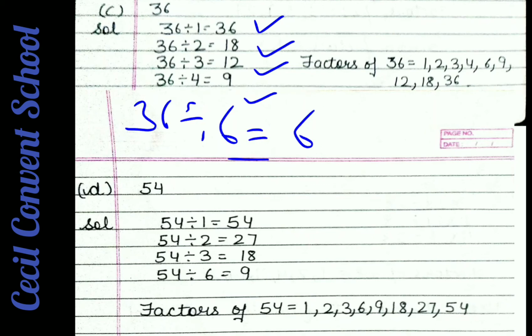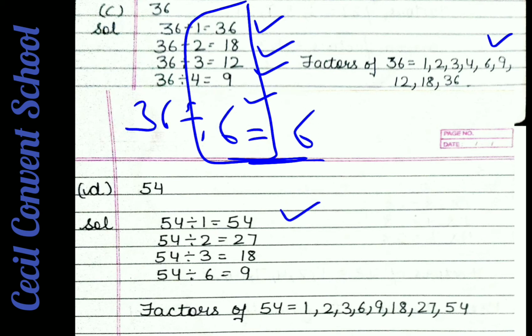Now students, see here 2 6s are coming, but we will write only one 6. Clear? Now after 36 divided by 6, we divide by 7, not possible. Then with 8, not possible. 9, again 36 divided by 9, answer comes 4, means same numbers are repeating, so you stop. So all these numbers are the factors of 36, meaning 1, 2, 3, 4, 6, and so on. I will write all the numbers only one time. We will not write one number two times. Clear? So if 6 is coming 2 times, you will write only one time. Clear, students? Then we do D part.